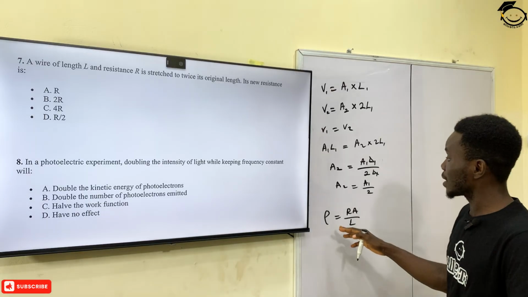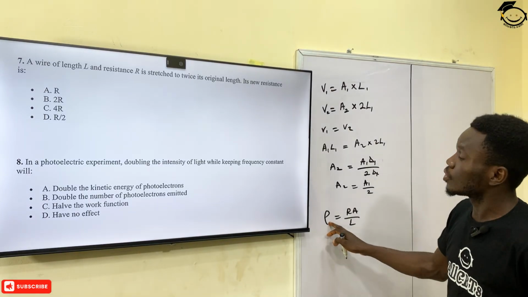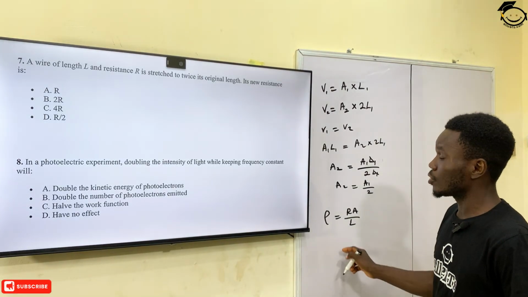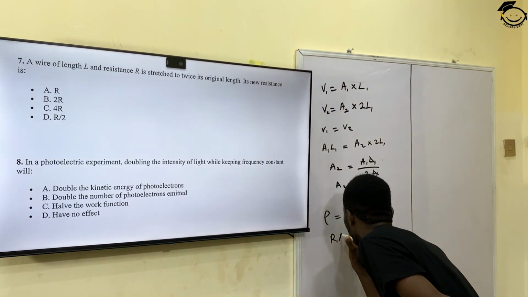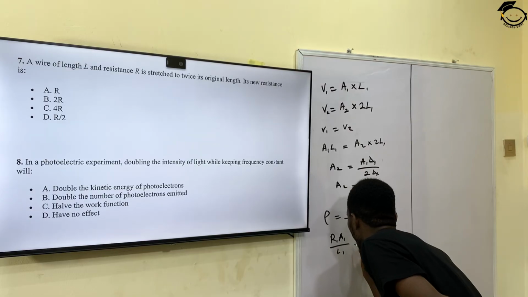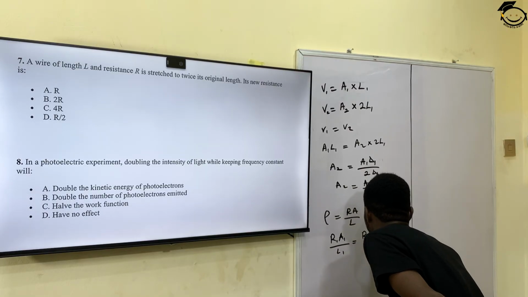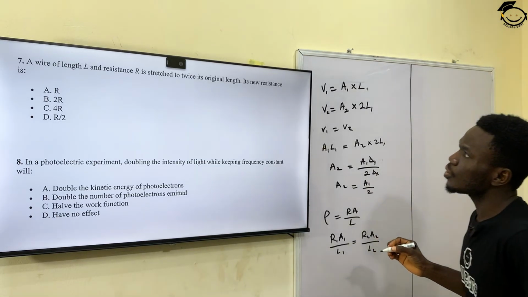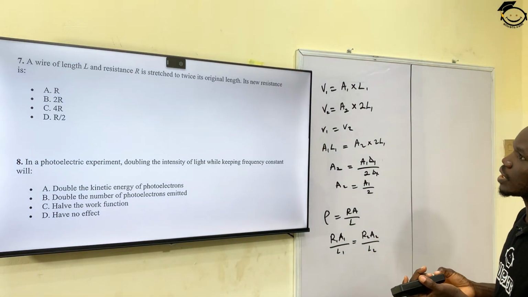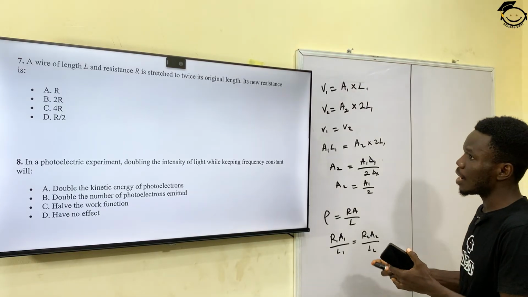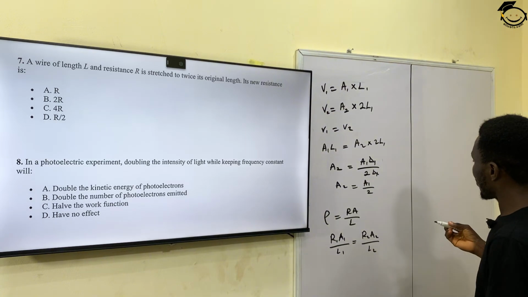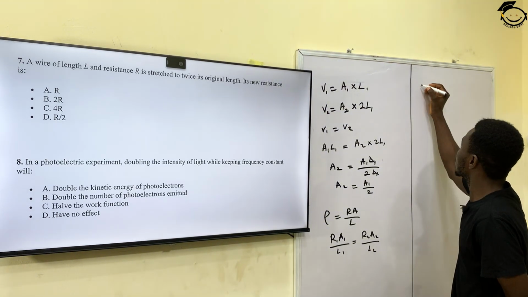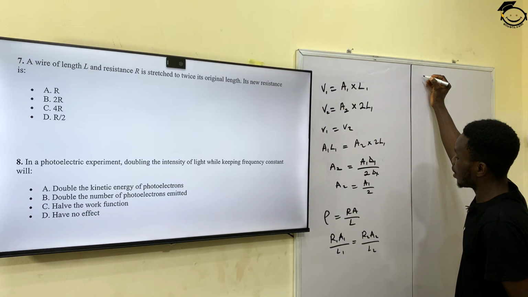And if that is what I have, I know that my rho is equal to RA over L. And I know that my conductivity is going to be constant. And if my conductivity is constant, this means that I have R1 A1 over L1 is equal to R2 A2 over L2. So the question is, what is the new resistance if the first resistance is R? So we're trying to find out what the new resistance will be. So if I make my new resistance R2, if I cross multiply here,